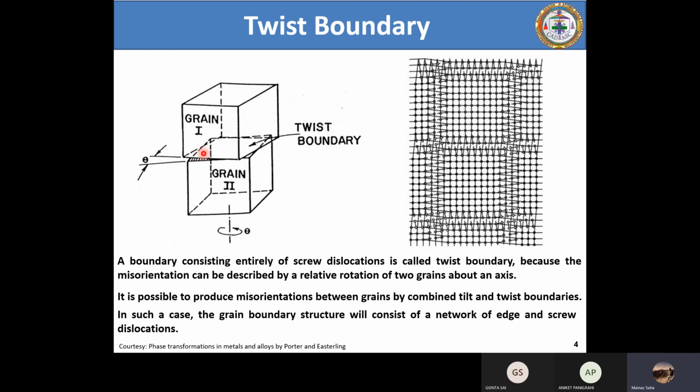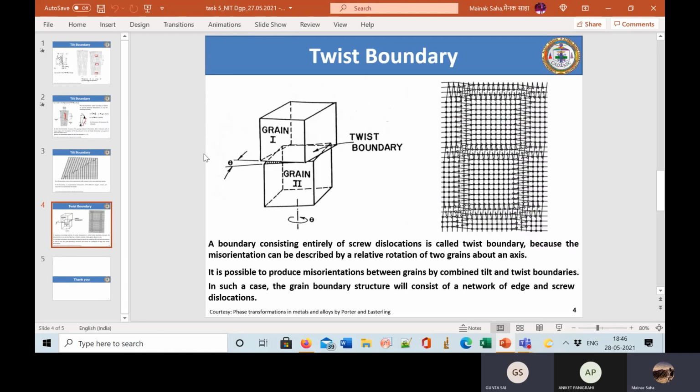Most of the materials, if you look at dislocations, the configuration itself will be like that, because it's very hard to produce a pure tilt or a pure twist boundary in any material, any metallic material especially. It's very hard to get it. Okay, remember this. So today, with this, we will be trying to wrap up. You can ask me doubts now.